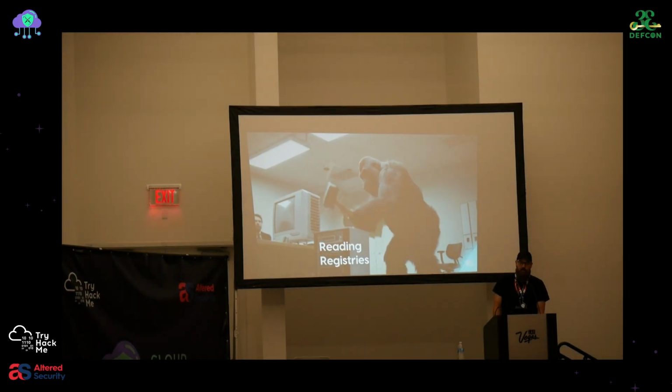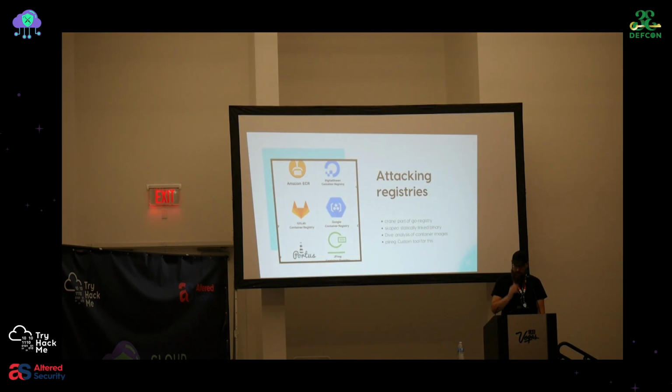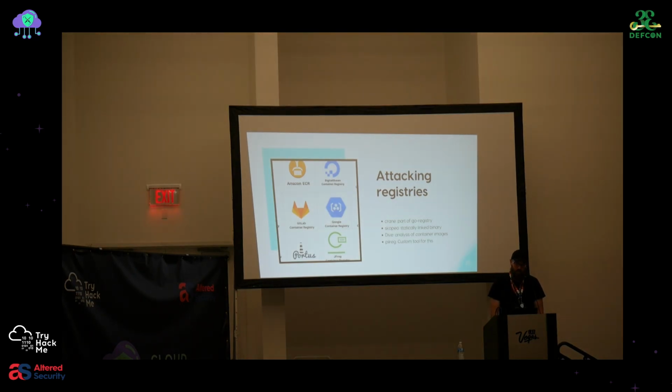In our first scenario, we're asking, what do we do with access to a registry? We've got some token that was exposed, or we've got some unauthenticated registry. What tools can we use? There's a bunch that are already out there right now. Crane and Skopeo are both similar in that they've got a bunch of different features: Crane from Google, Skopeo from Red Hat, that will interface with a registry and do a whole bunch of things.